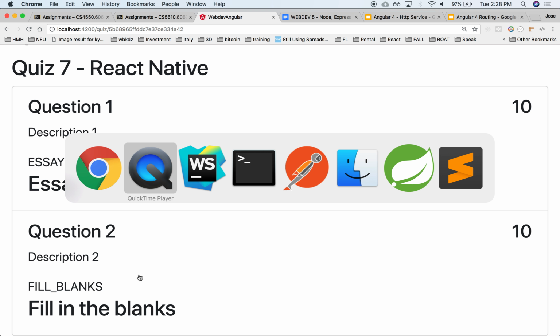Okay. But ideally, we could move a lot of what we are rendering in here, like the question title, the description, the type. Well, the type we don't really care. Maybe instead of displaying the question title here, we want to display it inside of the question, right? Or we could decide to leave it out here. All the things that are in common, just leave it outside. Everything that's common to all questions, right? But then in each one of these, have specific UIs for this. So for instance, for the true false, we might